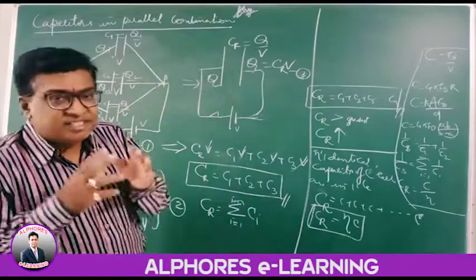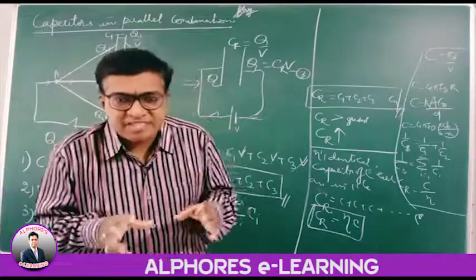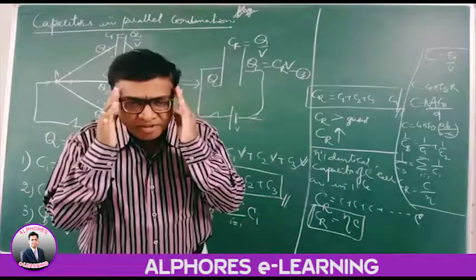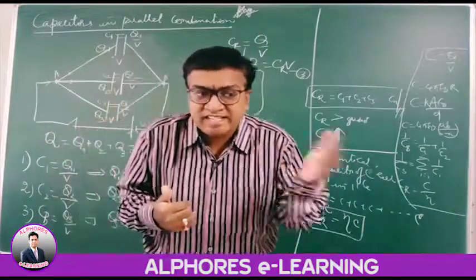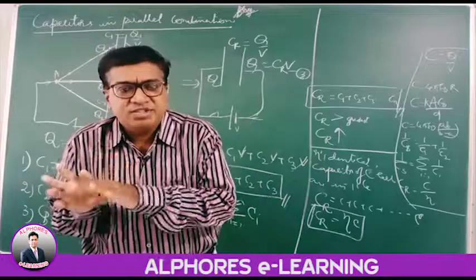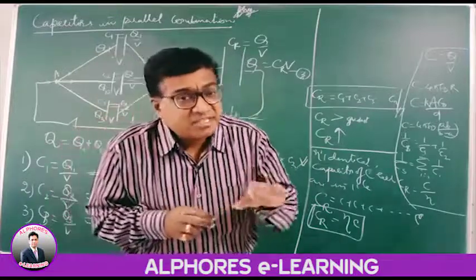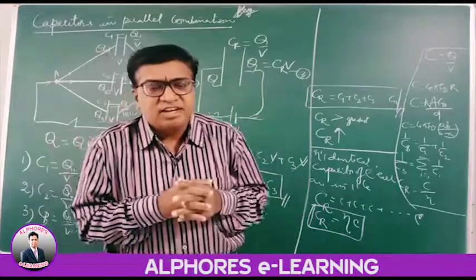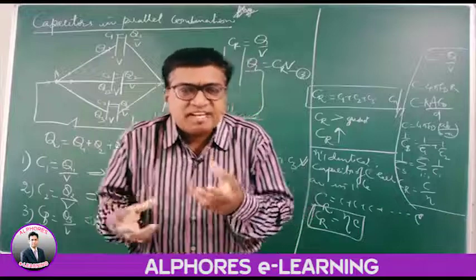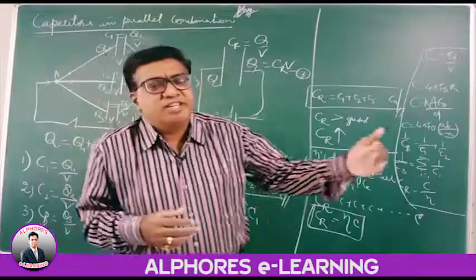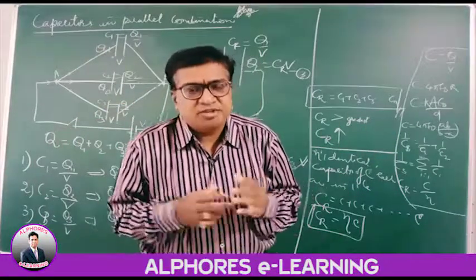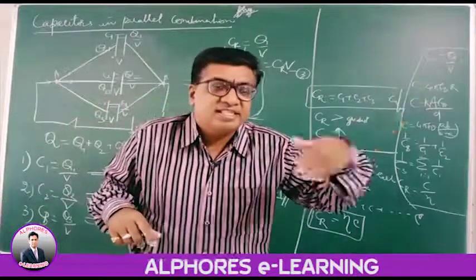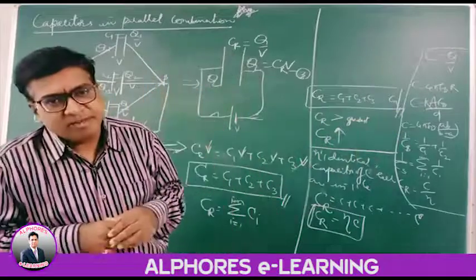Right? So whenever capacitors are connected in series, the net capacity decreases. If you want an effective capacity less than the values you are possessing, join them in series. If you want more capacity, if you want to increase the resultant capacity, then join the capacitors in parallel. So according to our necessity, we can join the capacitors to get the effective capacitance. If you want to reduce the capacity, join them in series. If you want to increase, build up, then join them in parallel. Okay? Right. Thank you.